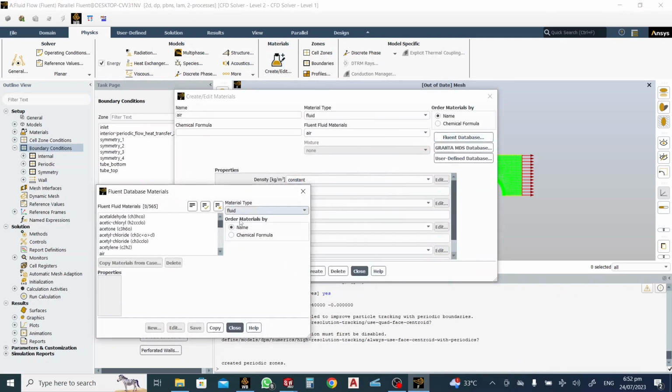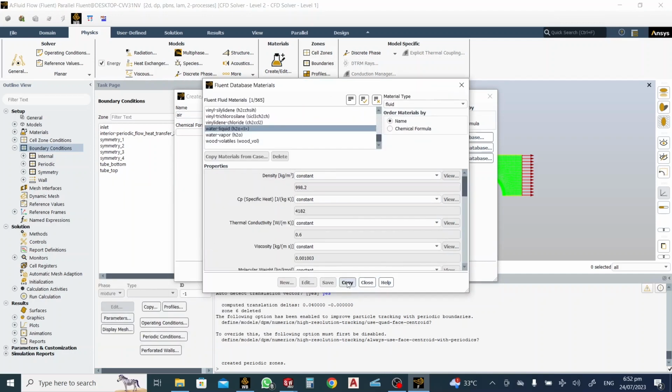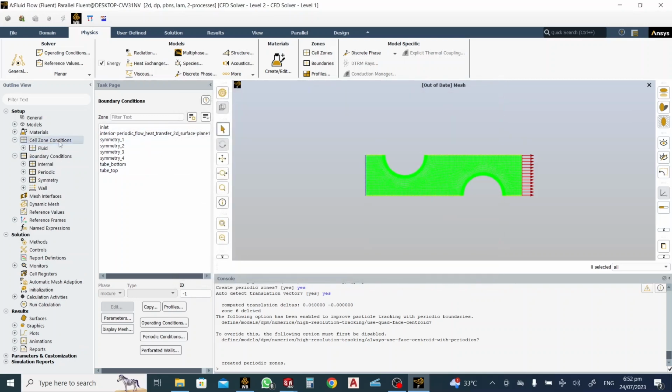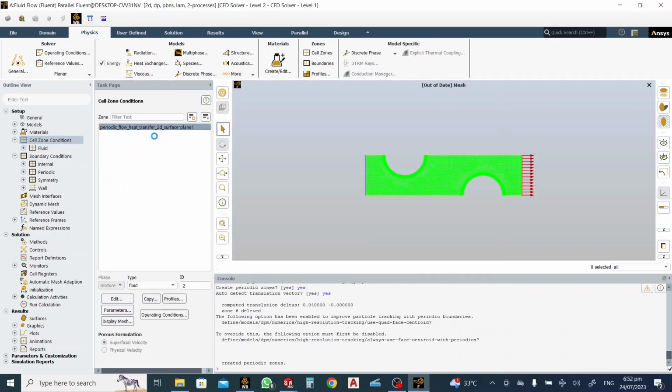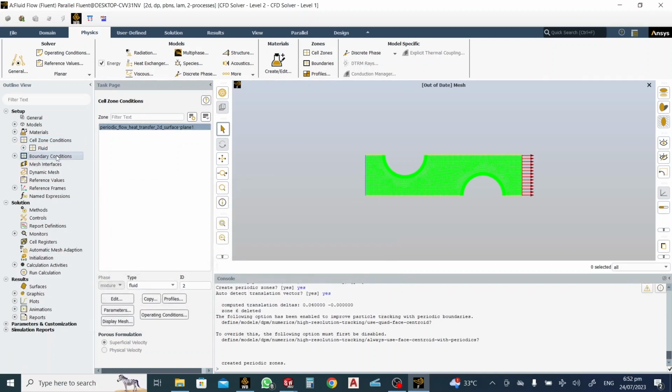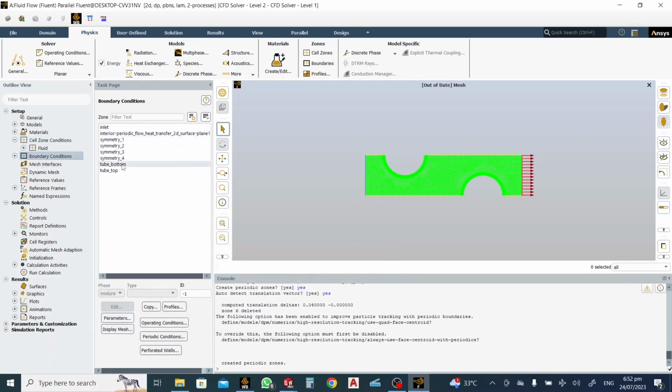I'll go towards materials and import the material water from the Fluent database. We'll copy it and create the model. We'll go to cell zone conditions and periodic flow, heat transfer. We'll select the fluid to be water liquid and apply it and close. Go towards boundary conditions,